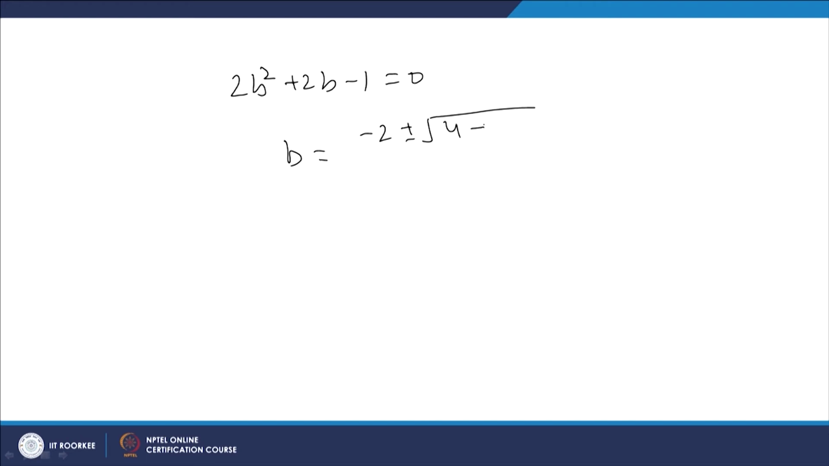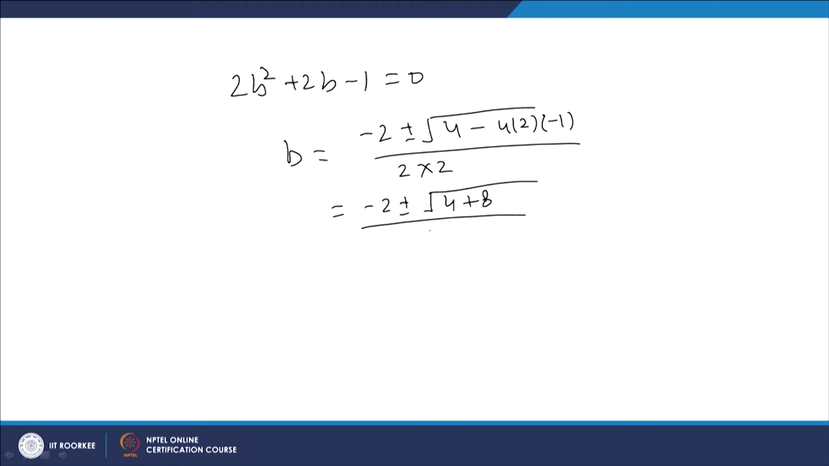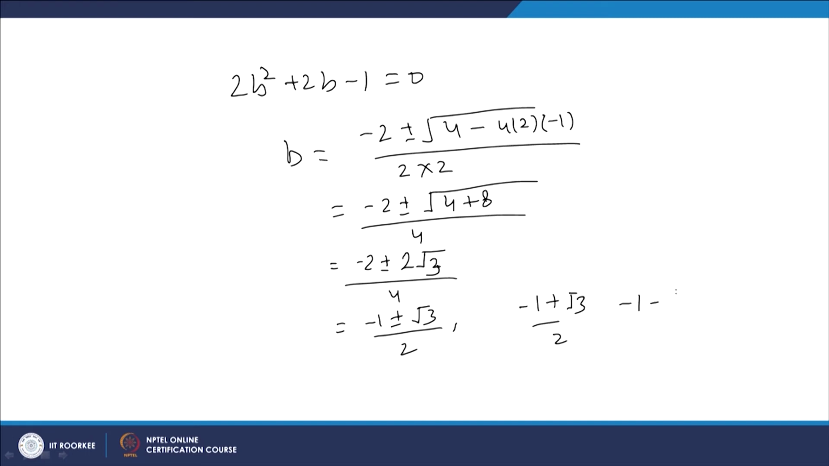square root of 4 minus 4 into 2 into minus 1, divided by 2 into 2. So, it is minus 2 plus or minus, it is 4 plus 8 divided by 4, and we can write minus 2 plus or minus root 12. So, root 12 is given as 2 root 3, divided by 4. So, it is minus 1 plus or minus root 3 upon 2. Now, here we have two values, minus 1 plus root 3 upon 2 and minus 1 minus root 3 upon 2,